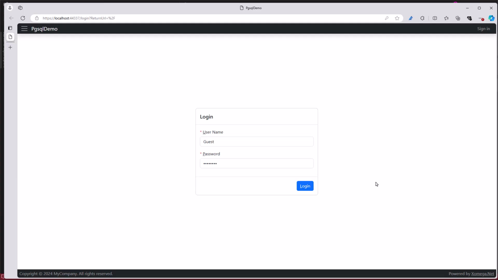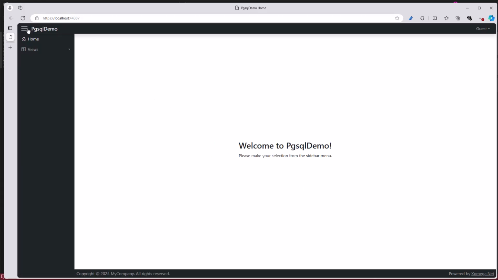Our solution template has set up all the infrastructure to secure the app using a password-based login screen. However, for the ease of development, it had the username and password pre-populated with some default values. So I'm just going to click the login button, which will take me to a rather empty home screen. If you open the sidebar, you'll see that our views have been generated under a generic views submenu, since they are defined in a default module without a name in the model.